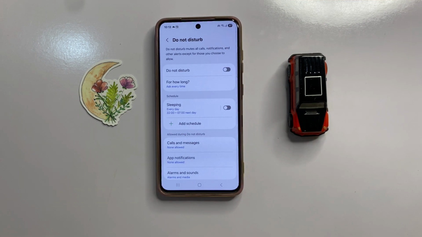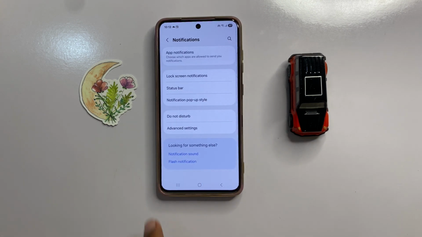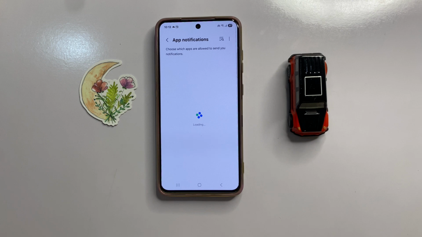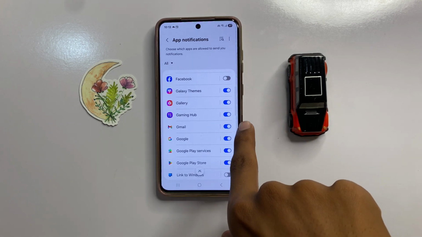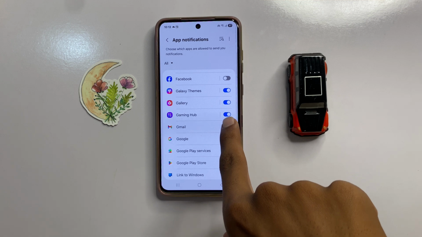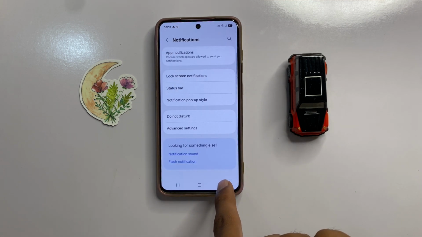After turning off your do not disturb, go back and click on notifications and then click on app notifications. Now here you can enable your app notifications. If you turn off notifications, then turn it on. After turning on notifications, then go back